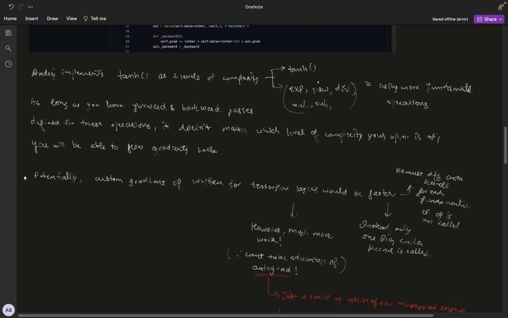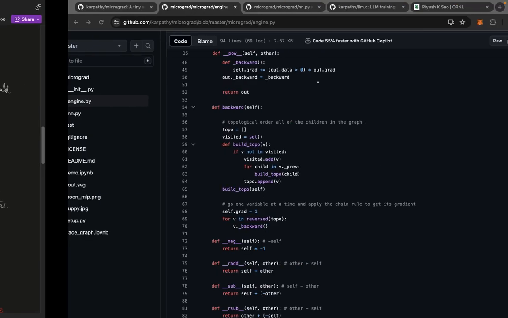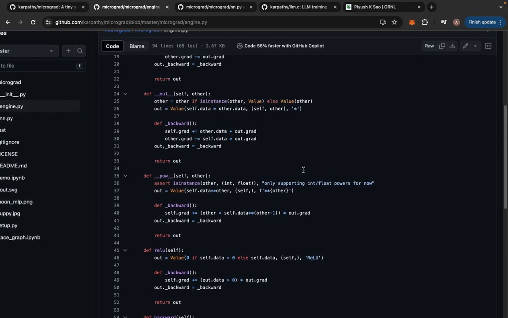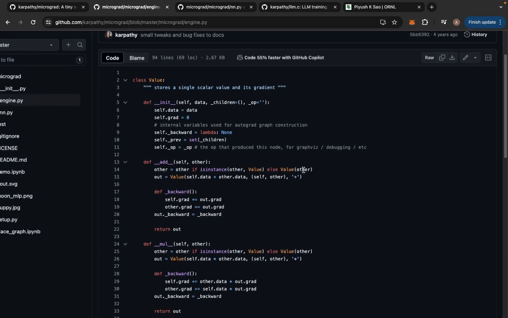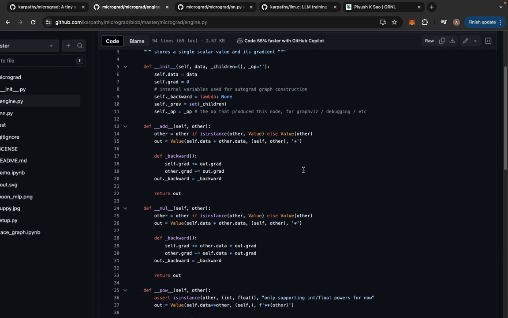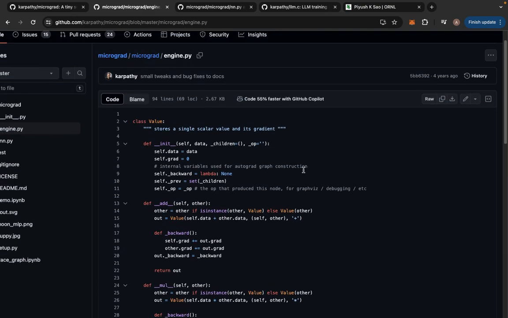And in the video, Andrej implements tanh at two levels of complexity. One is he directly defines tanh as a function and also implements a backward function for this operator. Okay, anyways, he defines tanh as a function of the value